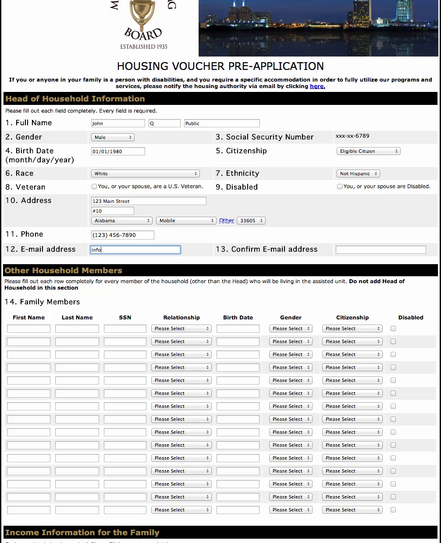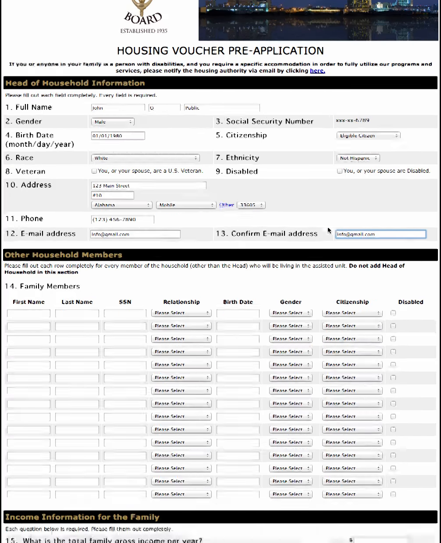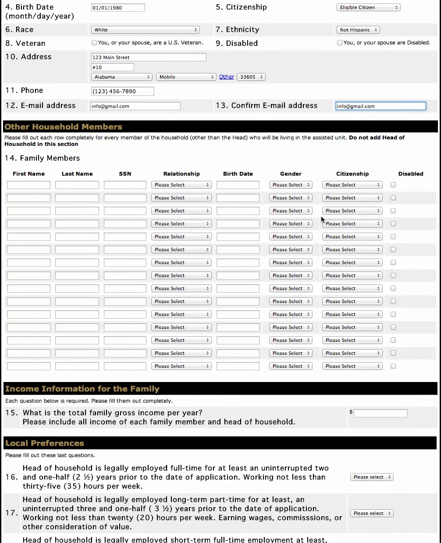And confirm your email address here. And then this Head of Household Information section is complete. So let's move on down to the next section,